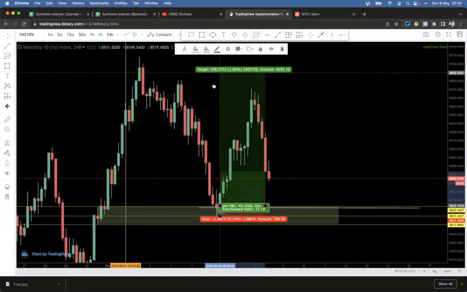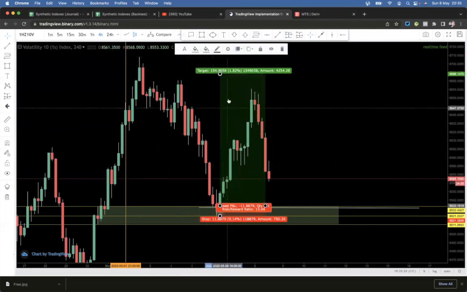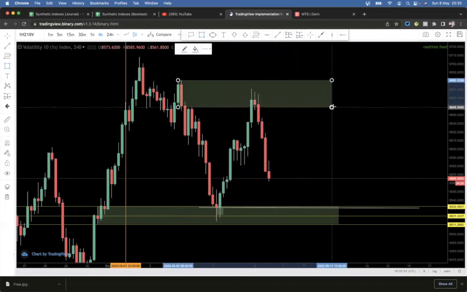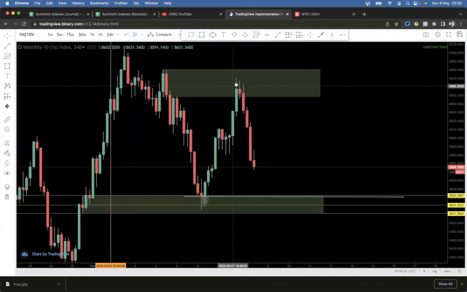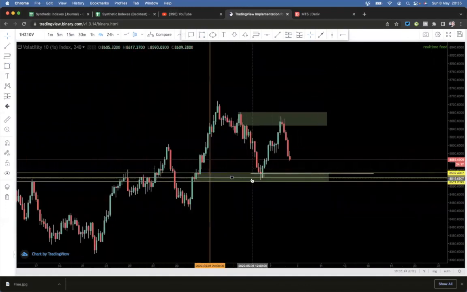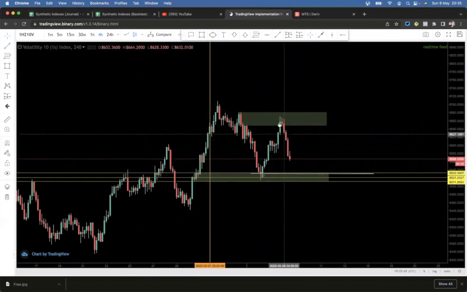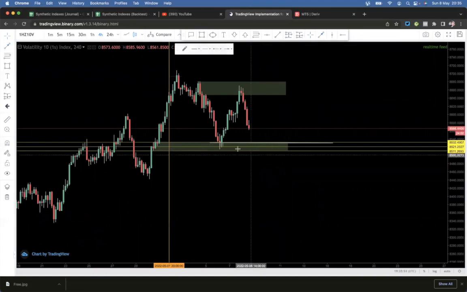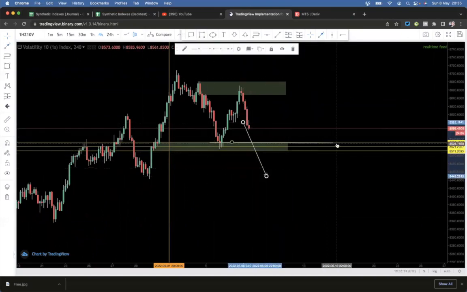Okay, and look at what the market did. Market actually went up. It failed to break this point here, this order block right here. Okay, they failed to break this order block, and then they decided to go down. Okay, now it makes this one our new order block, but you can't take this order block as a buy. Why? Because price failed to make a high. Chances are they might just decide to come down and break this point,